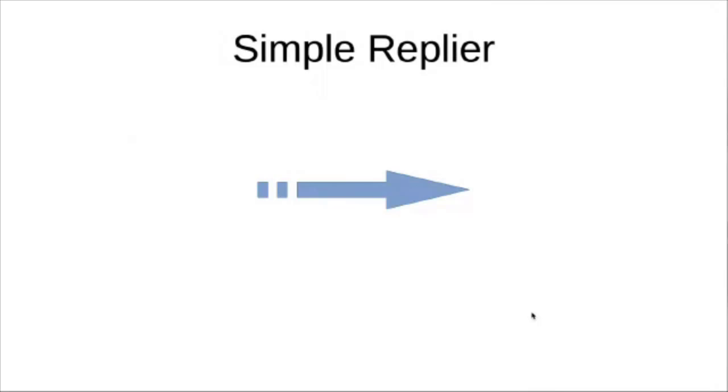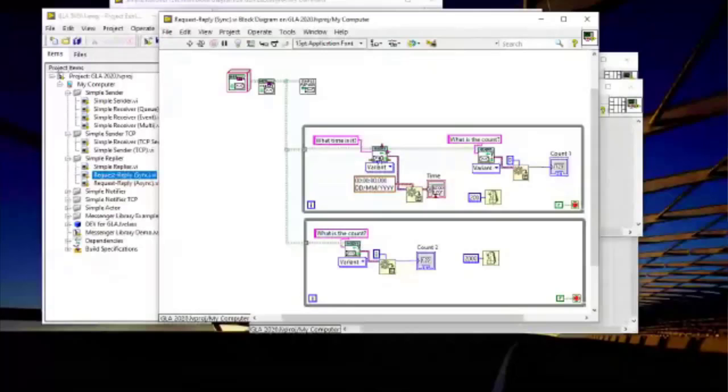So let's look at this. Here's a first use of this replier. Again, we create a queue for the replier. And then we can send it messages. And these are synchronous request replies. So we send a message, what time is it? And we wait for the reply. Internal to this method, we actually create a single use address, attach it to the message, and wait on that address for our reply. And so it shows here that you can have 2 different loops talking